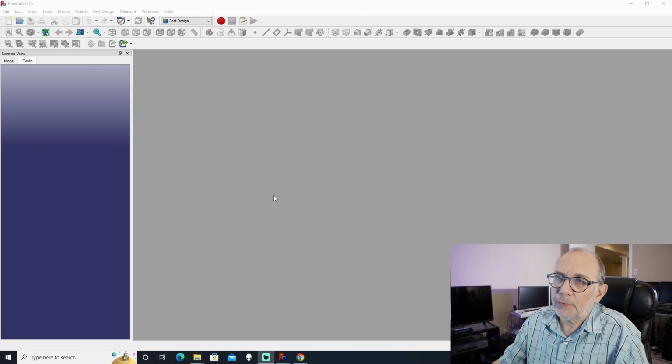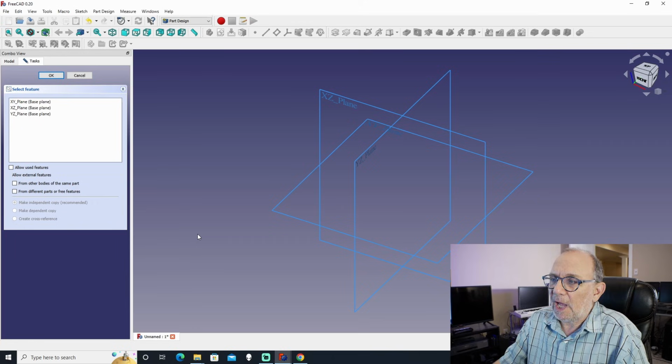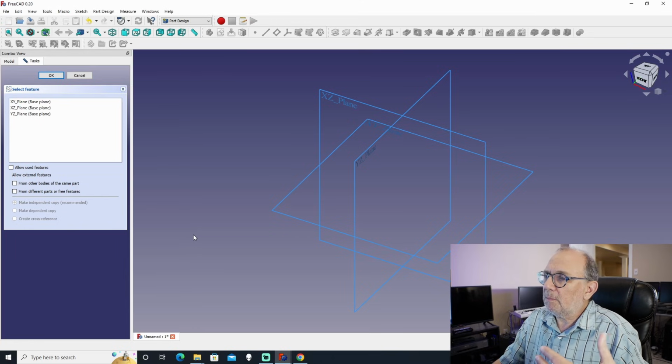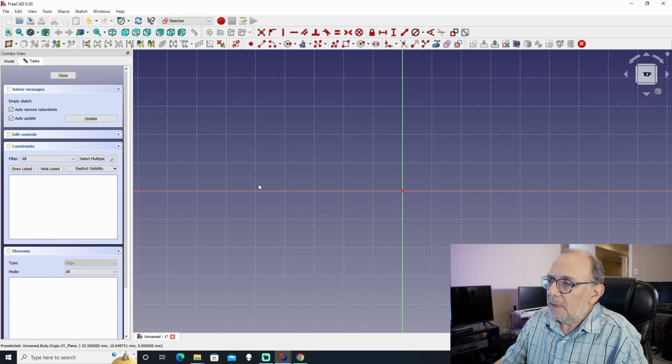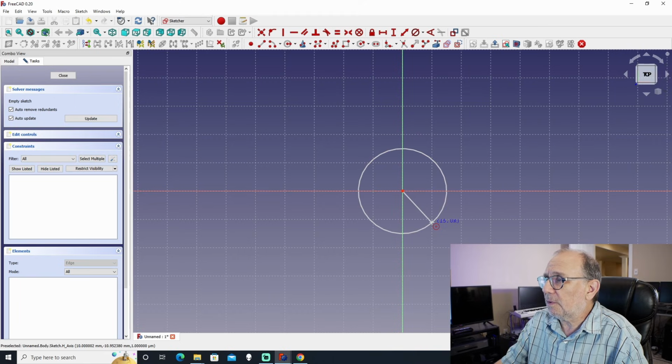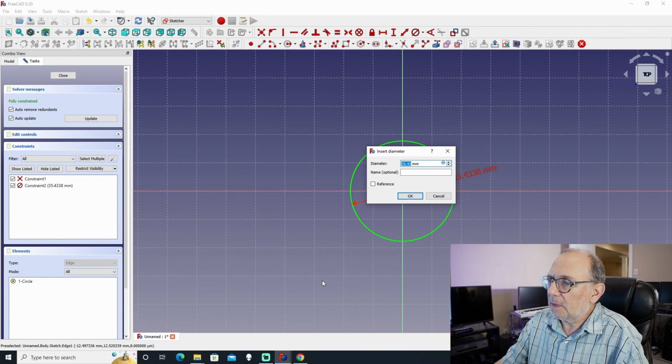And I will create a new body and a new sketch. And for this model, I'm going to create a sketch on the XY plane. So the first thing I'm going to do is just create a circle. And I'm going to make the circle 12 millimeters. So I'm going to constrain the diameter, and I'll make the diameter 12 millimeters,